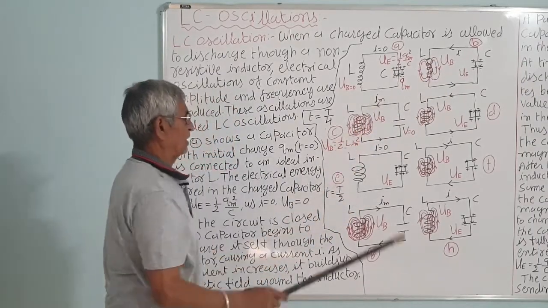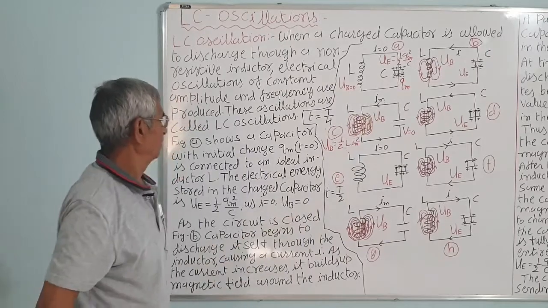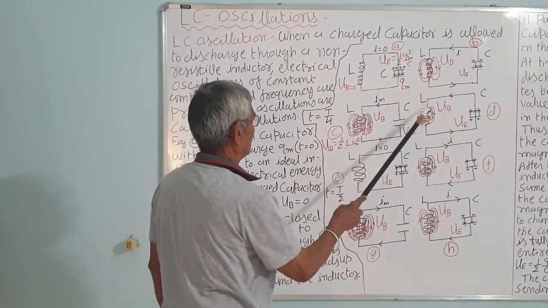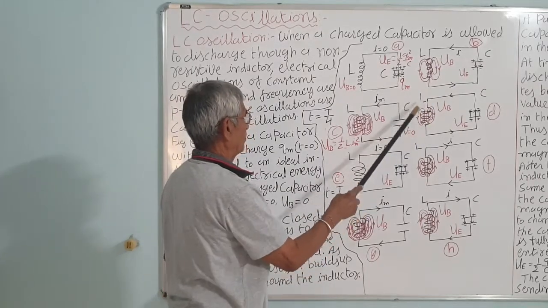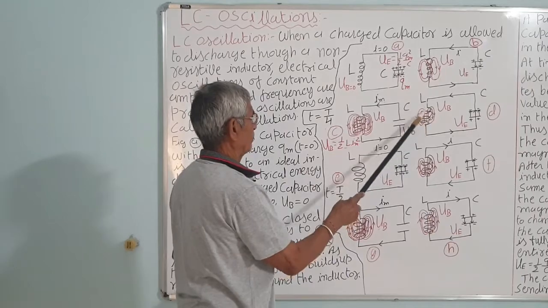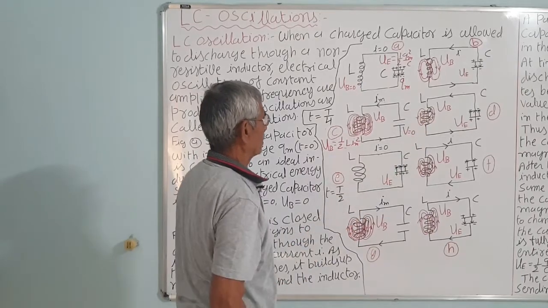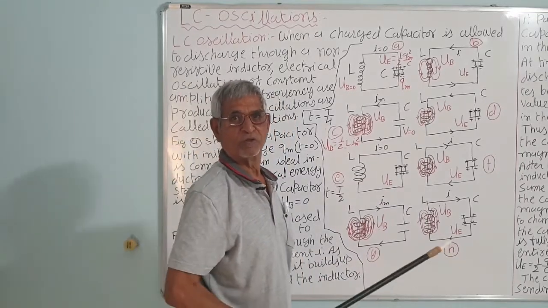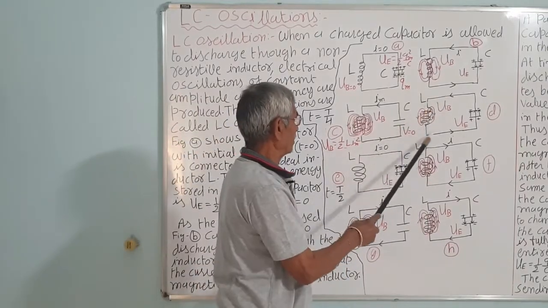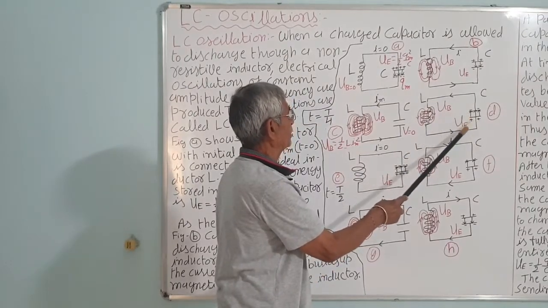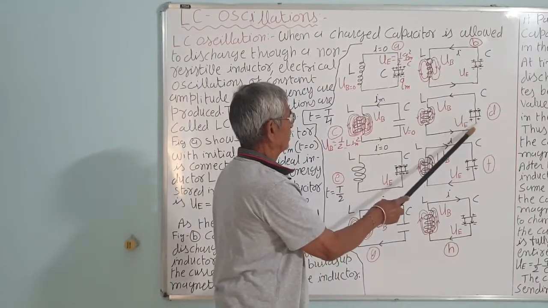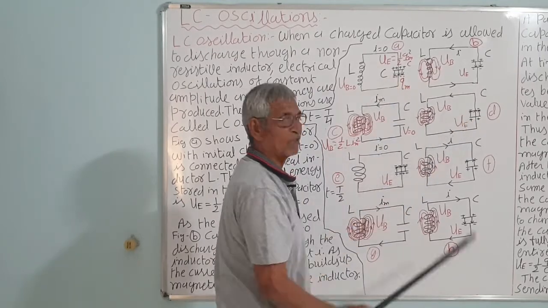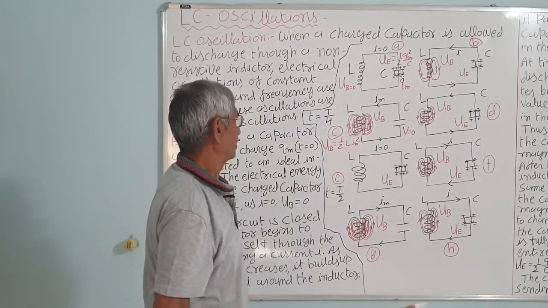That is clockwise direction, anti-clockwise direction, correct. After the capacitor is fully discharged, again the magnetic field will decrease, correct. The flux will decrease, and that will produce current in the same direction. According to Lenz's law, it will try to oppose the decrease in the strength of the current, and the capacitor will start charging but in the opposite direction, correct. The lower plate was initially negatively charged, here again it will start charging positively, correct.